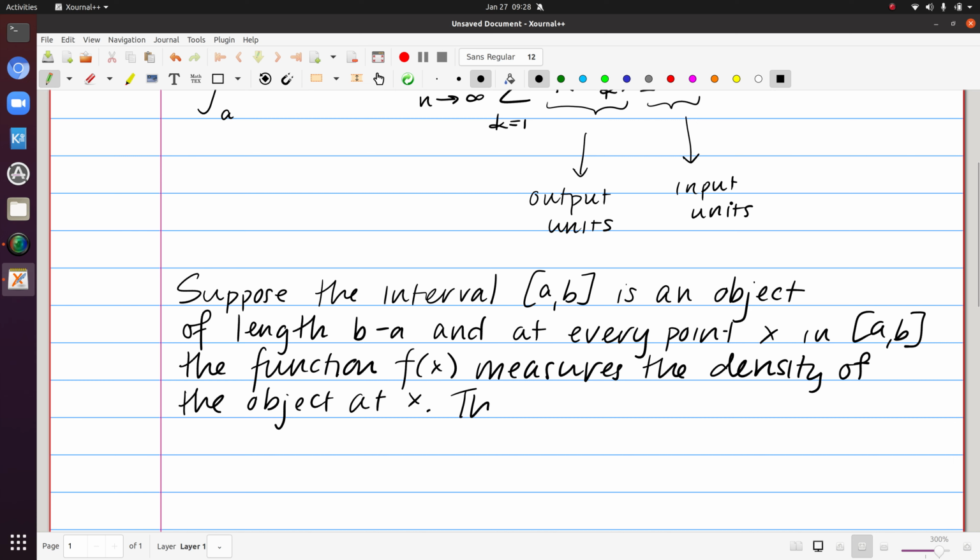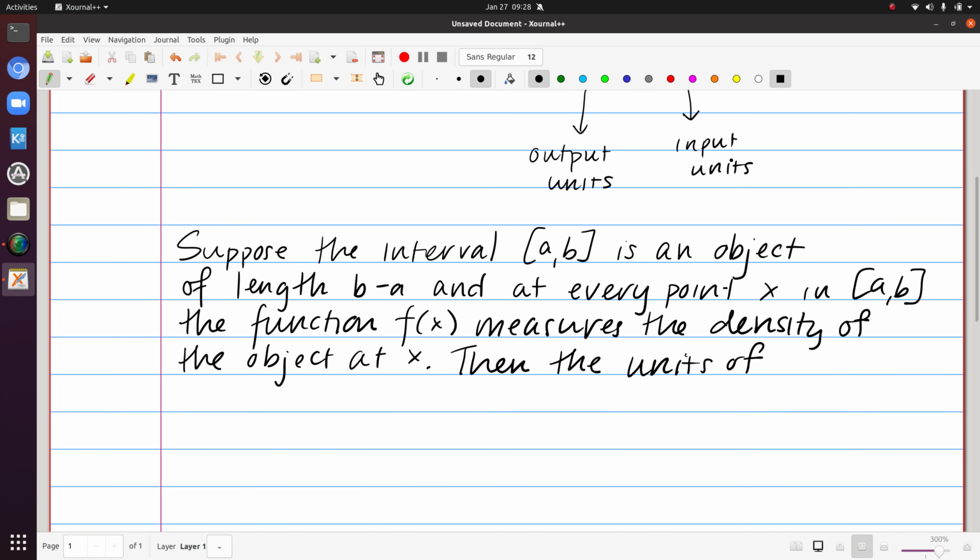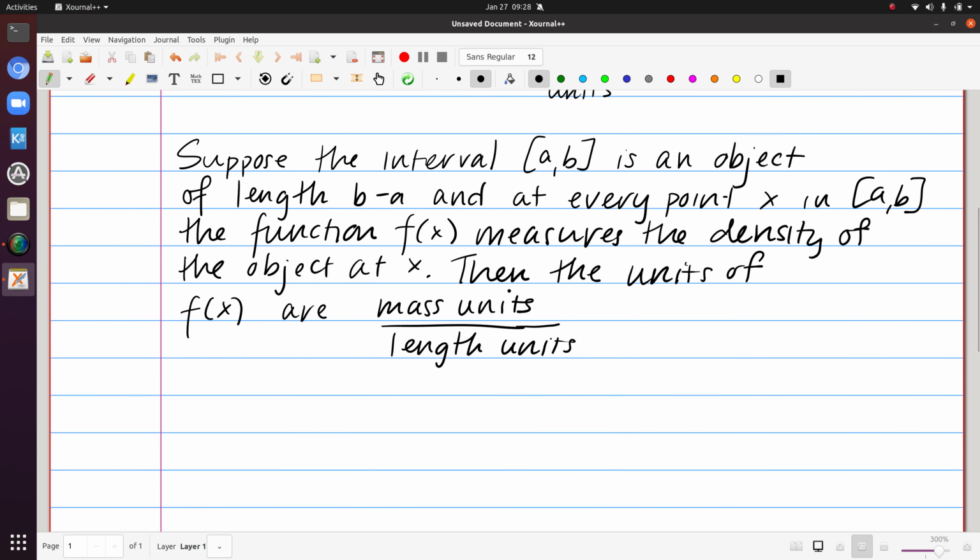Then in that case, the units of the integral, so first of all, the units of f of x, if it's measuring the density, we can think of that as whatever the mass units are divided by the length units. So consequently, if we then think of the integral from A to B of this density function,